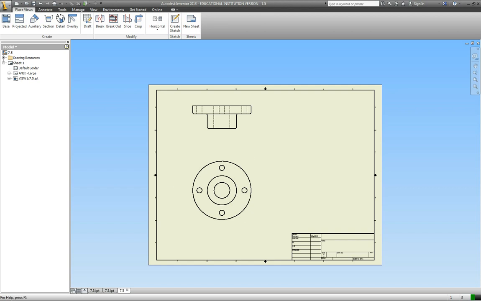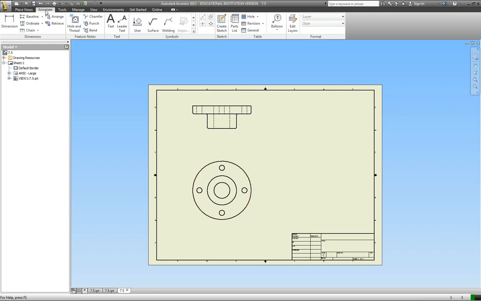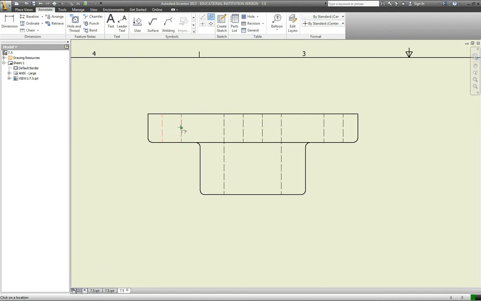Okay, so now we have our front and top views. Okay. Since I already have those in the drawing, let me go ahead and place some center lines and center marks on these two views. Okay, so let me go to Annotate, and let's use the center line bisector tool. So I'll click on that, and I can click on this hidden line and this hidden line, and it places the center line for me automatically. I can click on this line, and it creates this